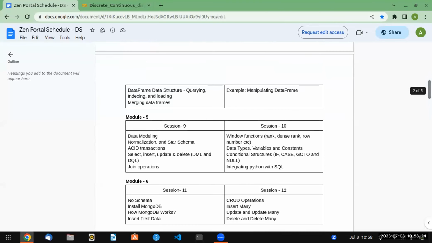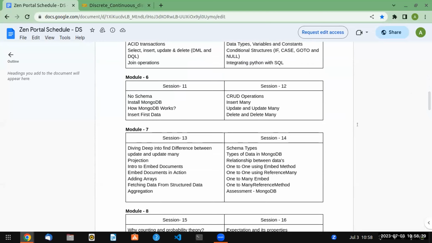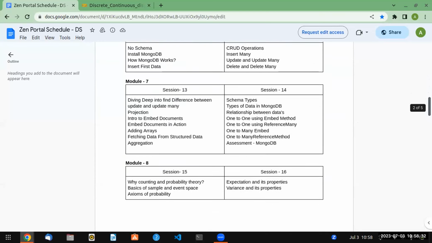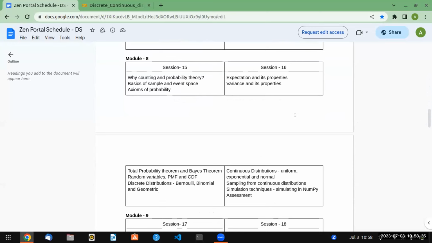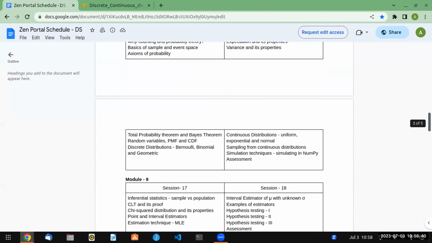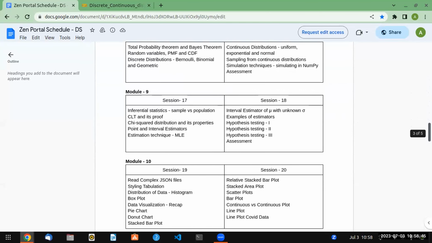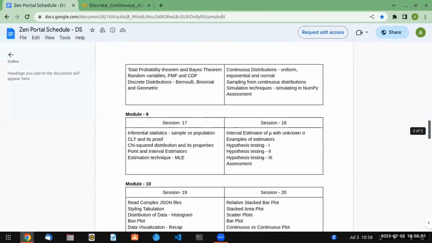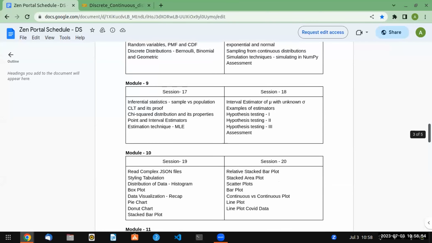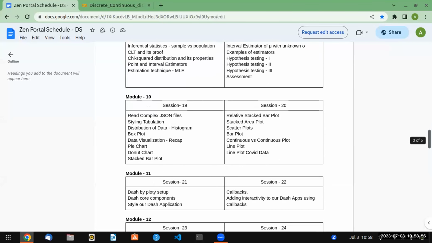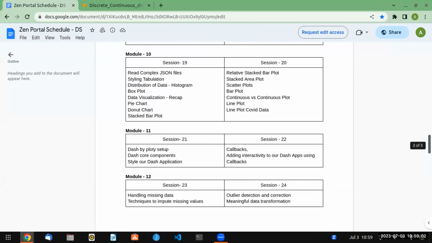Can you tell me today's date, what is updated in your Gen portal for today's class? It's data visualization, sir. And prior to this one? It was the 21st. Today it is data visualization with Plotly Dash, the second part. Yesterday, the 21st session, was the first part.